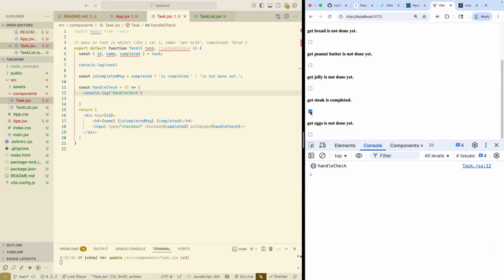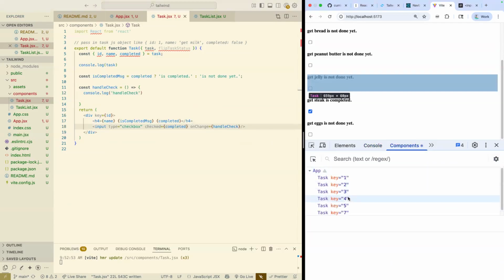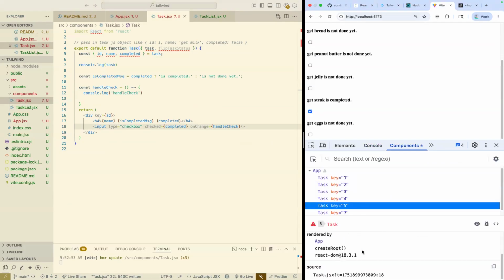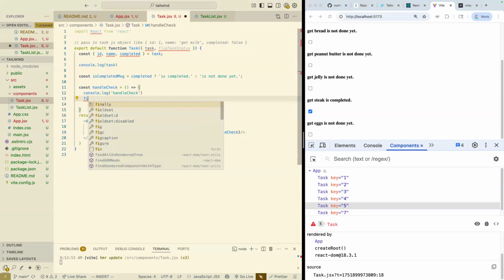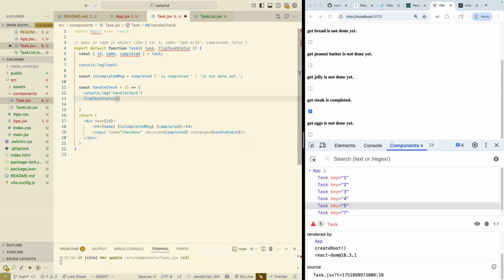So it's working, but note that because the checkbox is a controlled component, because its checked status is set from this Boolean, which is coming from the parent state of our task here, in order to get this to change, I need to change the parent state. And so what I want to do here is call this flip task status method and pass in the ID of my task. And with luck,